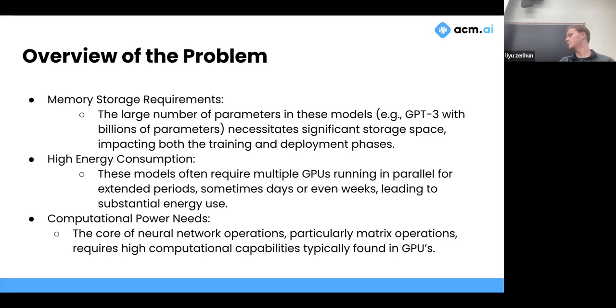But basically, in order for machine learning models to be able to run on a GPU, it has to be almost like cached in some sort of RAM that is on the GPU. Does anyone here know where RAM is and what the purpose of that is? Okay, cool. So it's like this temporary memory, right? The GPU has to put the model somewhere, and the issue is as it's passing forward through a model or training the model in terms of backpropagation, that takes up a lot of VRAM.